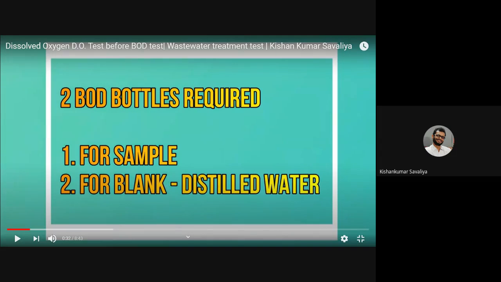we compare the result of the concrete cubes with the conventional one. If you add 2% fly ash in the concrete mix, we compare that fly ash mixed concrete cube with the conventional one, which has no fly ash added in the concrete mix. Similarly, we perform the test, compare the results, and see what the difference between them is. Finally, we can calculate the DO of the particular sample by a particular formula.